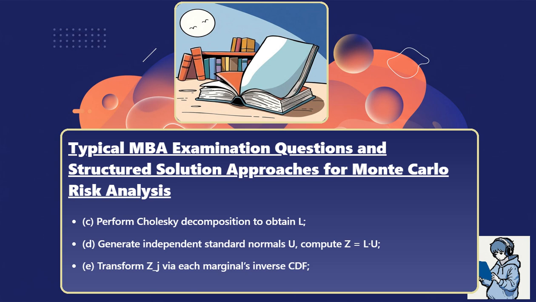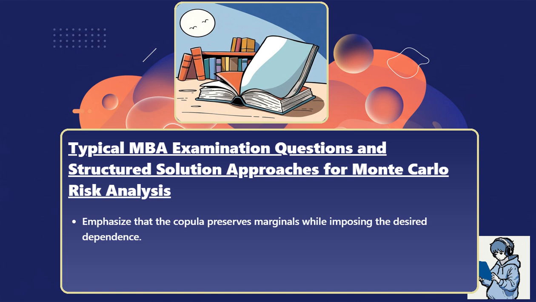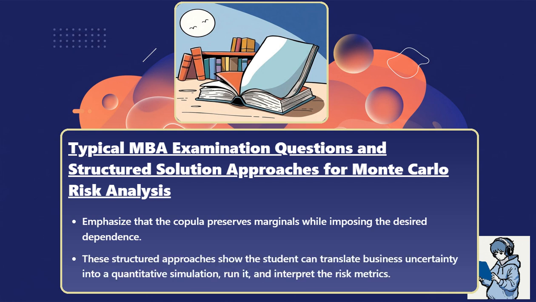E. Transform Z_j via each marginal's inverse CDF. F. Use these correlated draws in the NPV model. Emphasize that the copula preserves marginals while imposing the desired dependence. These structured approaches show the student can translate business uncertainty into a